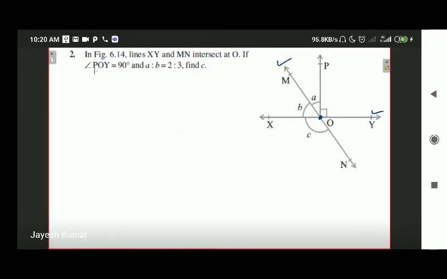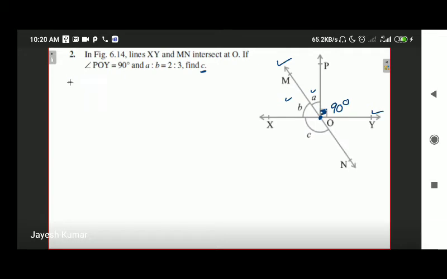If angle POY is 90 degrees, this angle here is given as 90 degrees. And the ratio of angle A and angle B is given to you. You have to determine the value of angle C. Okay, so first of all,